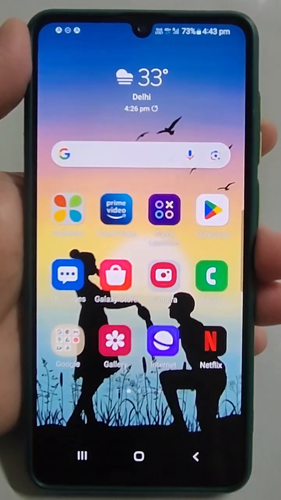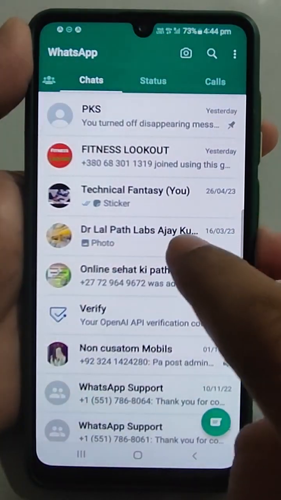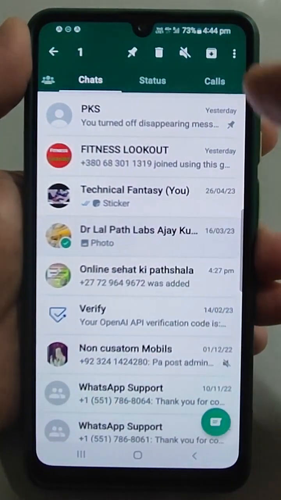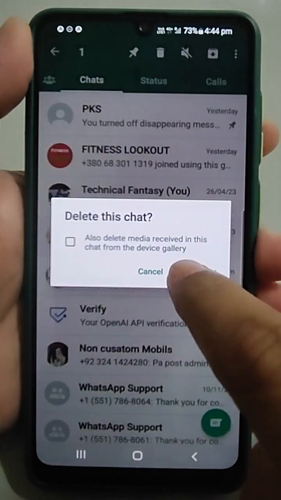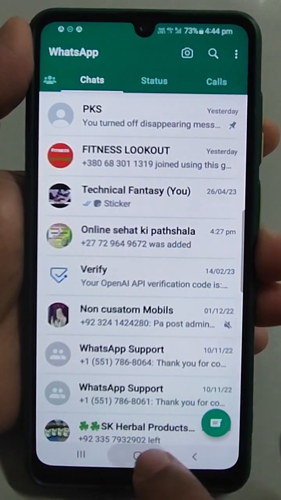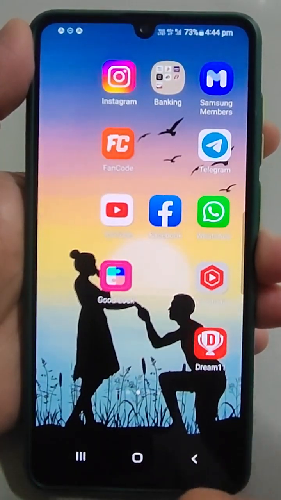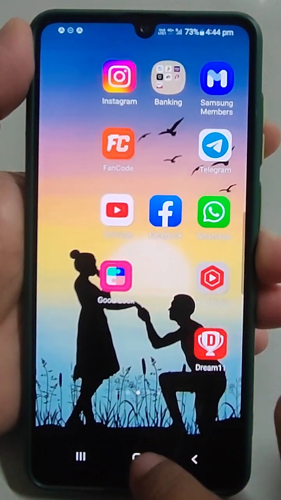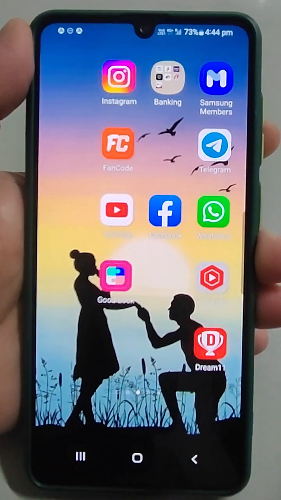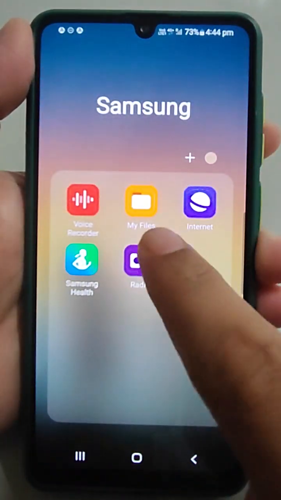So not wasting much of your time, suppose we are going to WhatsApp and I am deleting this Dr. Lal path. This chat I am deleting. Okay, so I have deleted that chat. Now I want to recover that chat. I don't have backup. So what will I do now? I will just go to the My Files app in your mobile. In Samsung, that is here in Samsung My Files, but you can go to